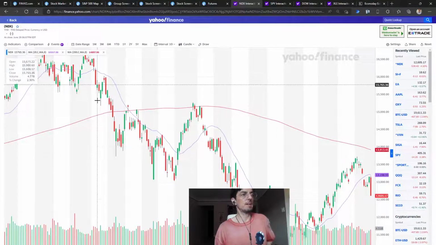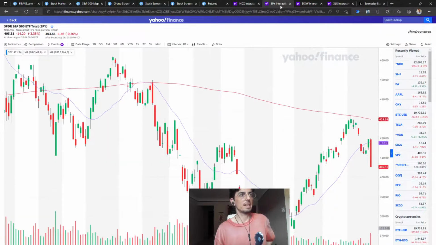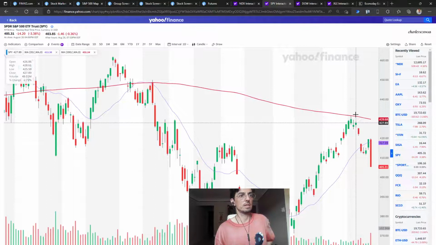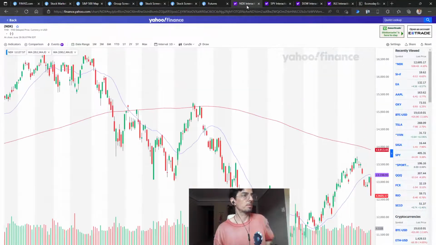You can see that the life of the NASDAQ and the tech-heavy index is just sort of choking out. And the S&P looks a little bit more healthy. It actually got back to the 200 and then did the same. Other than that, they look very similar. The 20 touches the 200 here in April. Here, the 20 does not touch the 200. So you can see that's probably not a good sign.